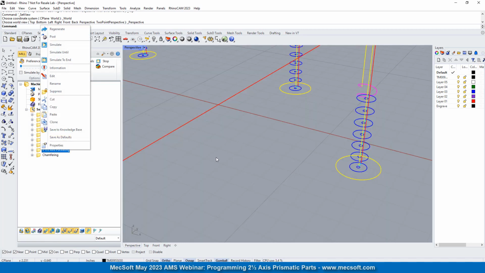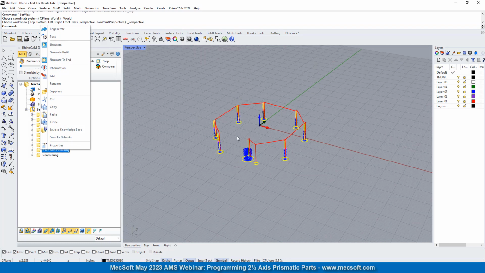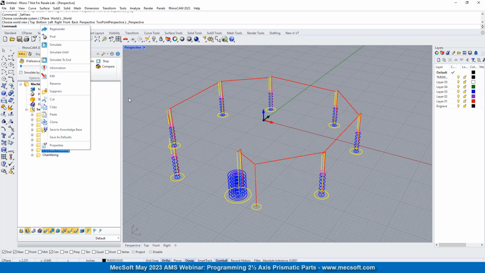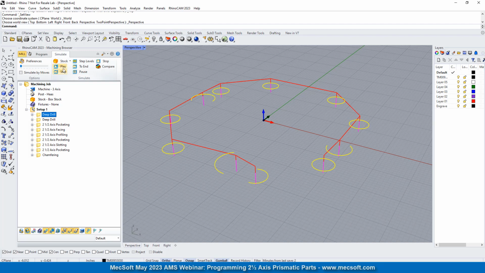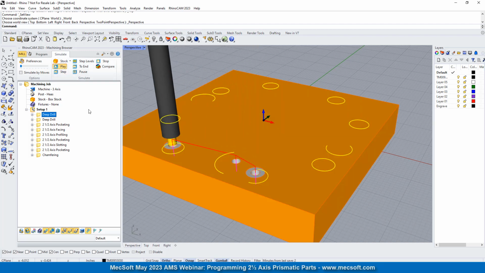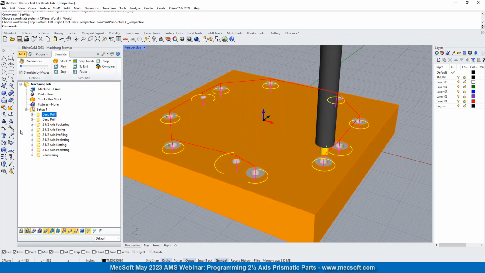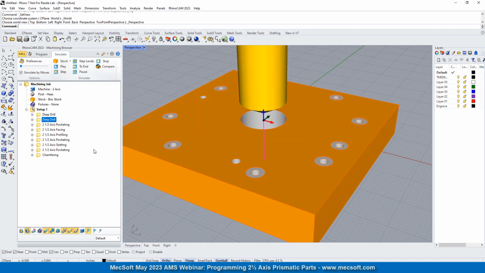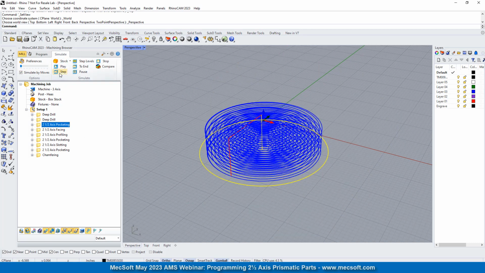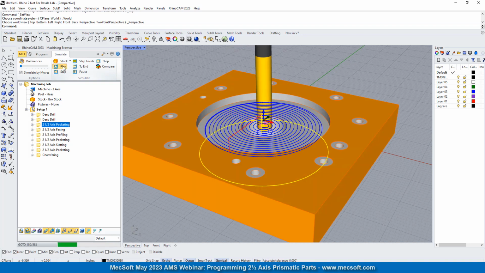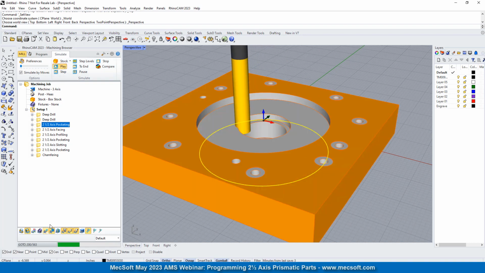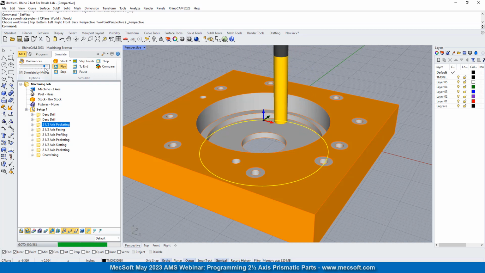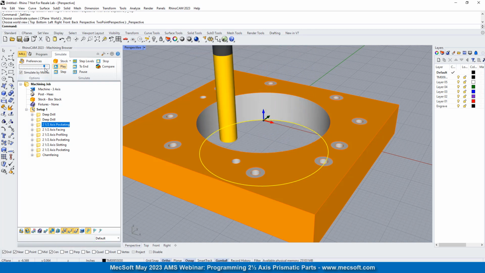So let's just run this whole simulation for all of them just so we can see it. So we're going to do the deep drilling, the additional deep drilling, the pocketing, high-speed pocketing, I should say, and we do the facing,